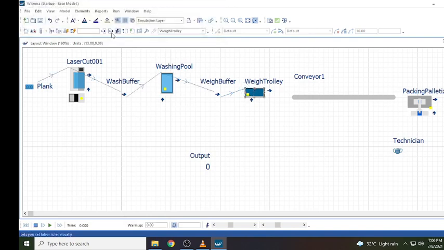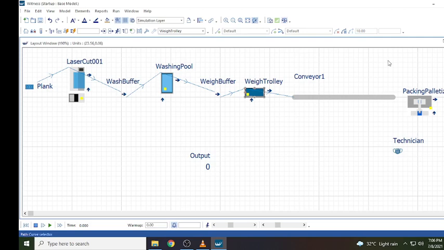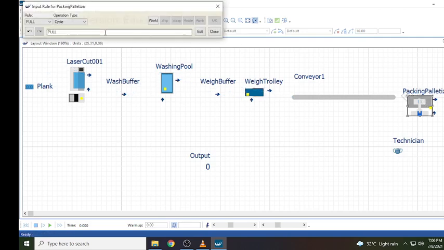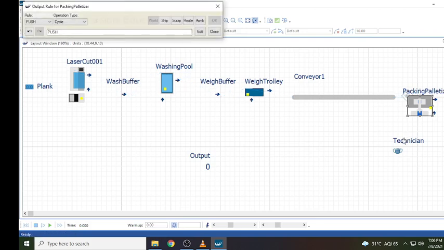Again single click, output will go to conveyor, OK. Then packing palletizer, input is from conveyor, OK. Again click palletizer, output goes to the ship.